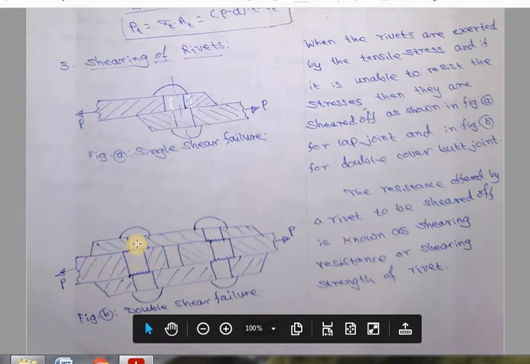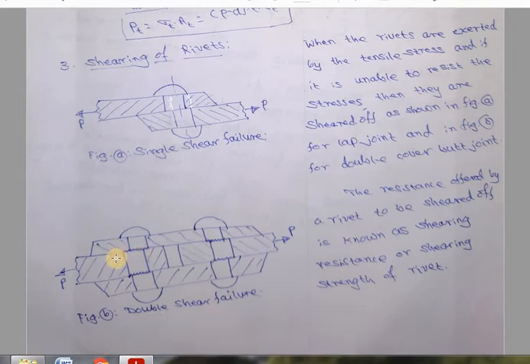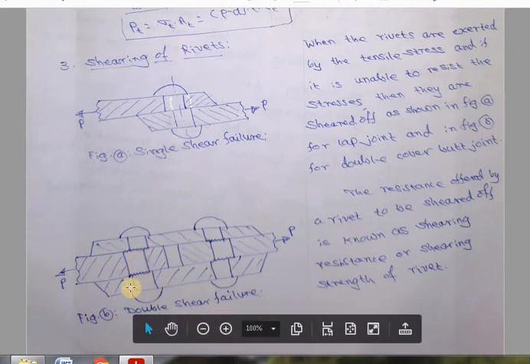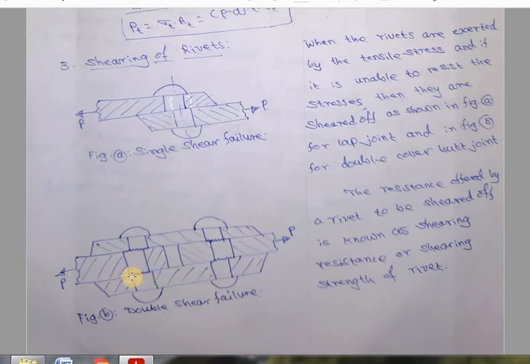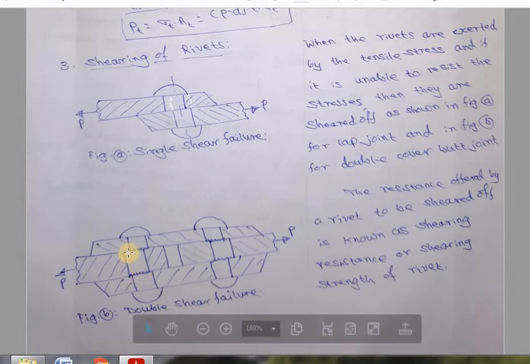So as a result, along the length of the shaft, this is the total length of the shaft, there is one plane of failure here between the top cover plate and the parent plate. Another failure between the bottom cover plate and the parent plate, one failure here. So the shank is going to displace at two different places, one is here and one is here.